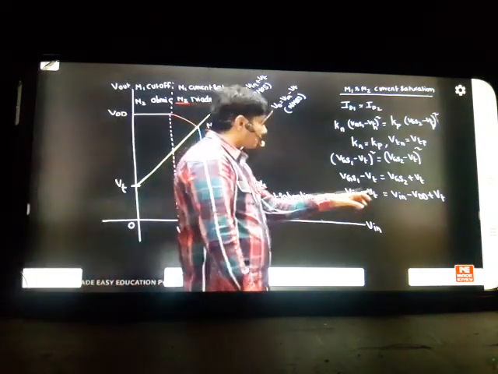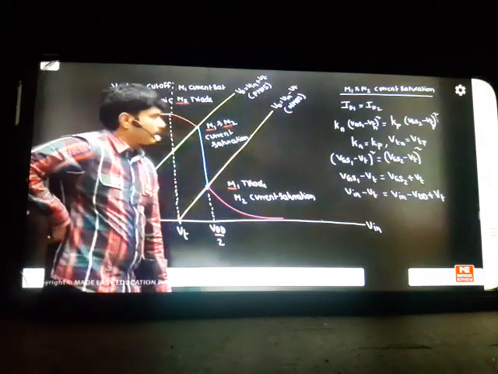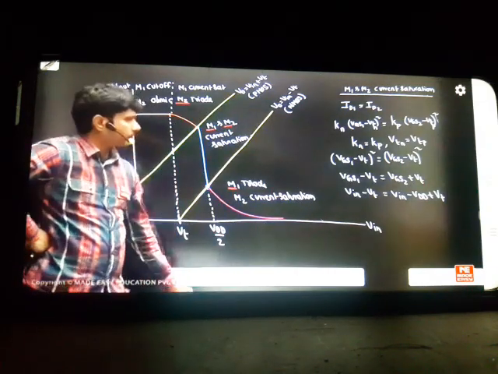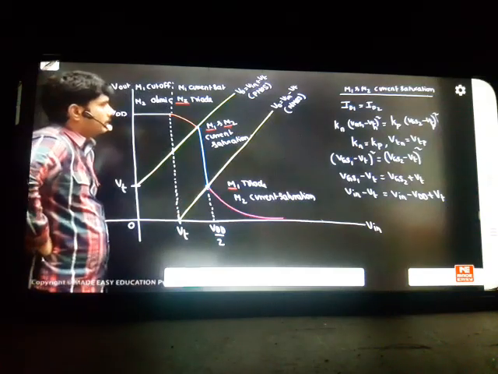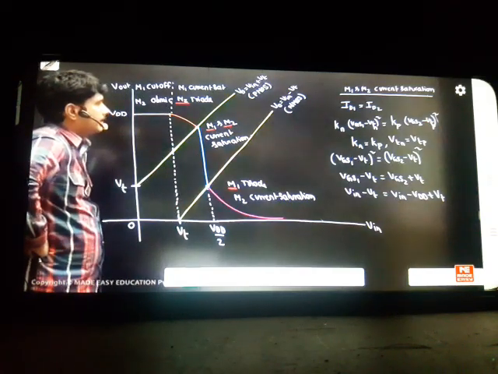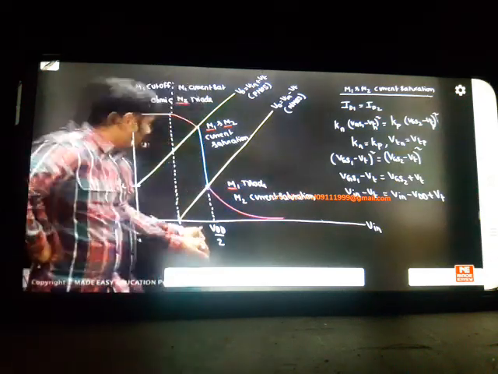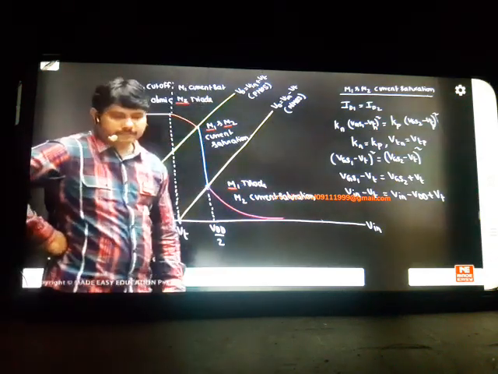So actually here the problem is that VIN is getting cancelled. According to this mathematics, that should not get cancelled. Where am I making the mistake? I have to think about this now. The total concept is correct, but somewhere the mathematics is going wrong. Let us investigate that. You also try it and get me this answer. Input should be equal to VDD by 2 has to come. Just try it one time. Where am I making the mistake?